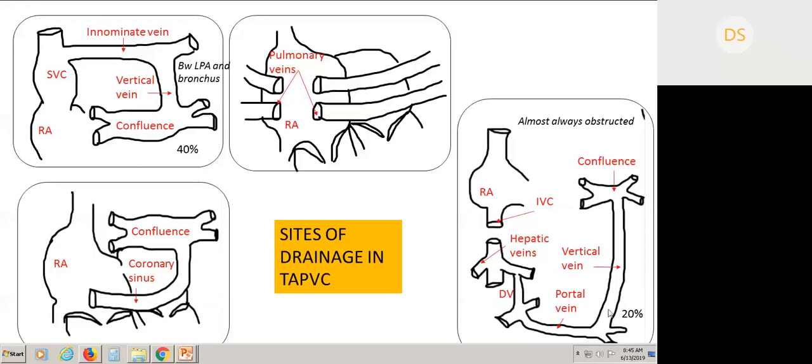80% of the infracardiac TAPVCs will die after 1 month if they are not treated, and 90% die within 2 months. So within 2 months, 90% of the infracardiac TAPVCs die because they are obstructed in their circuit. The obstruction could be at multiple points. It could be at the level of portal vein, ductus venosus, diaphragm, etc. Same happens with supracardiac when it's obstructed. So infracardiac and part of supracardiac, they tend to present much early in life